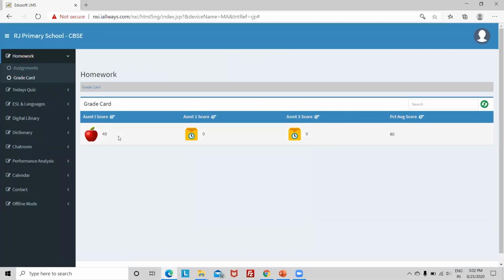So now you can see that a student can view his own grade card, whatever grade card the teacher has completed and given. So they can view it at any point of time. They will be able to view their own grade card. So next,